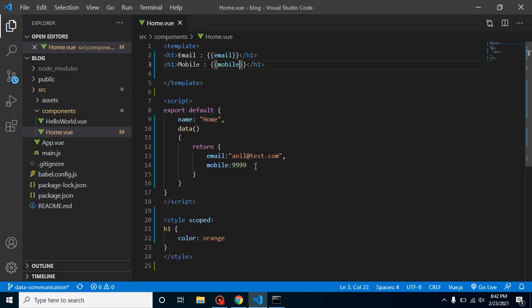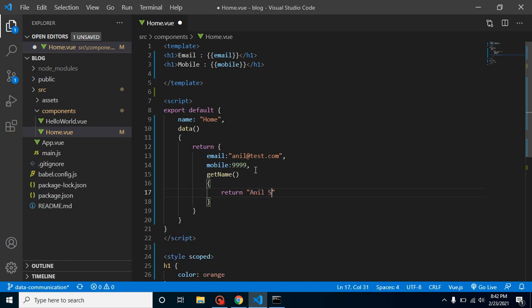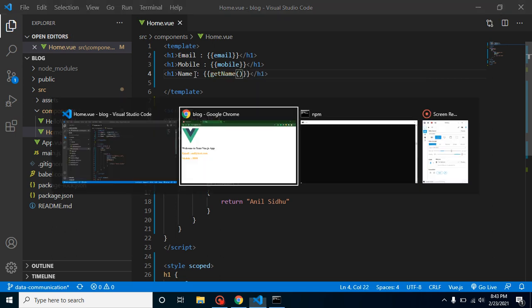We can also define functions. Let's say I have a function like getName, and we can return something here, return Anil Sidhu, and we can use it here. Let me put name here and put getName, and this is a method, so we have to use brackets.